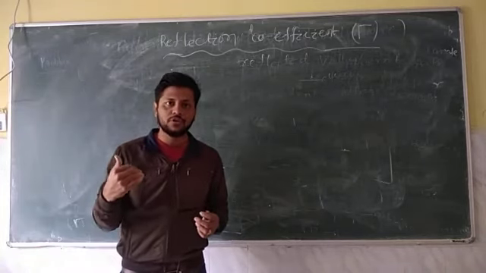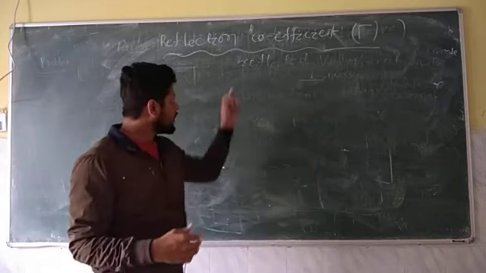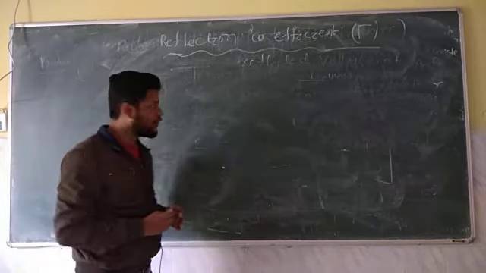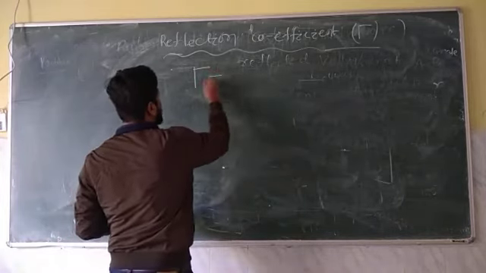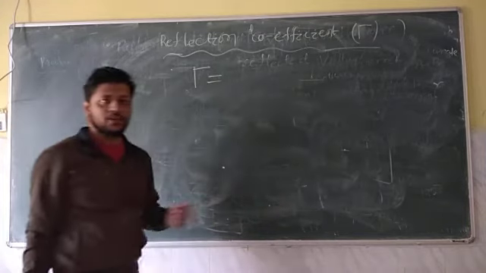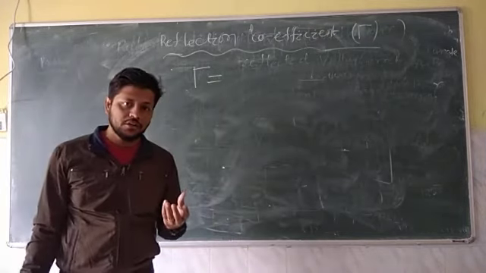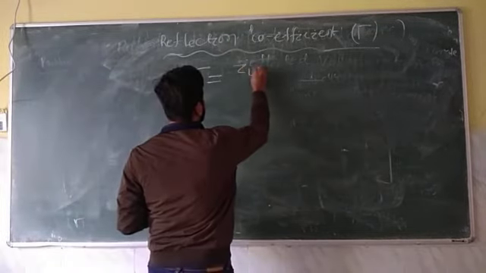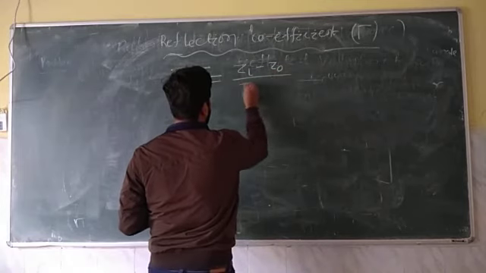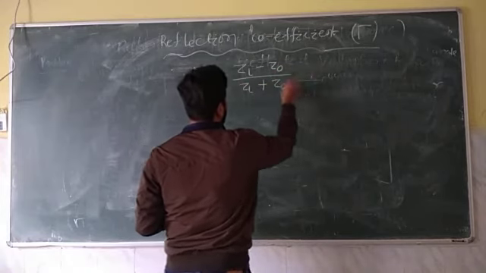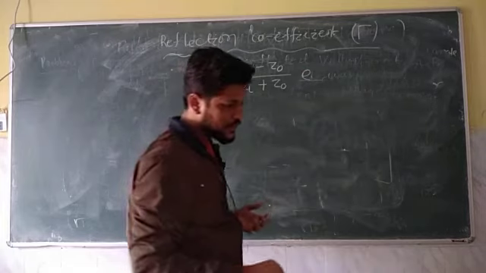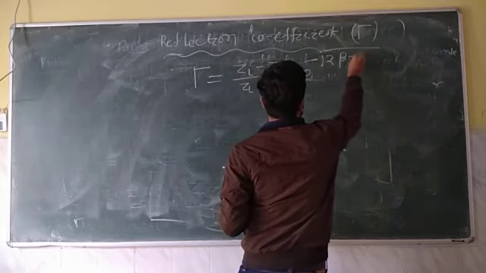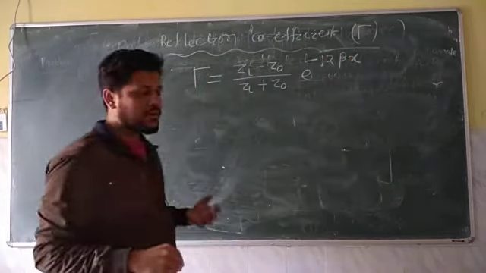Incident wave, also known as your forward wave, and this reflected wave is also known as your backward wave. So kindly remember this terminology, which will be very helpful. So how to calculate this? This reflection coefficient obviously depends on your load impedance as well as your characteristic impedance. So gamma is equal to (ZL minus Z0) divided by (ZL plus Z0) times e to the power minus j2 beta x, where beta x is the length of the transmission line.